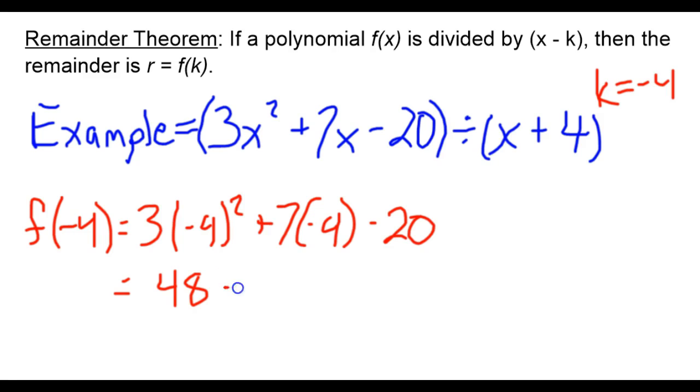7 times negative 4 is minus 28 minus 20. Simplify this down. If you simplify correctly, you get a remainder of 0. So if we would have gone through polynomial long division like we did in the first example, we would have gotten a remainder of 0. So the remainder theorem saves us a lot of time, because the remainder theorem leads us into what we need to do in our next example, and we also have another theorem that goes along with it,